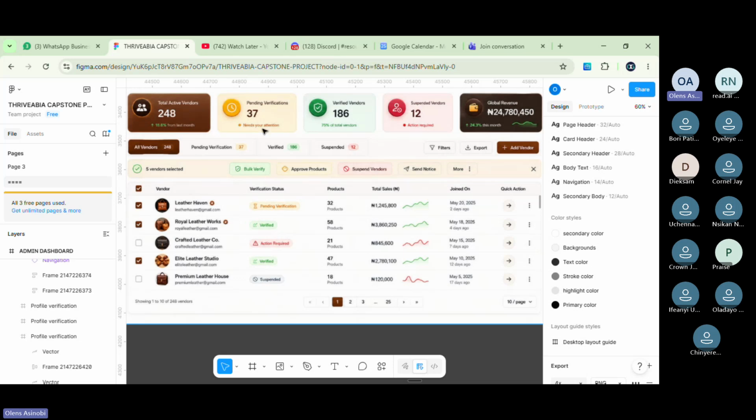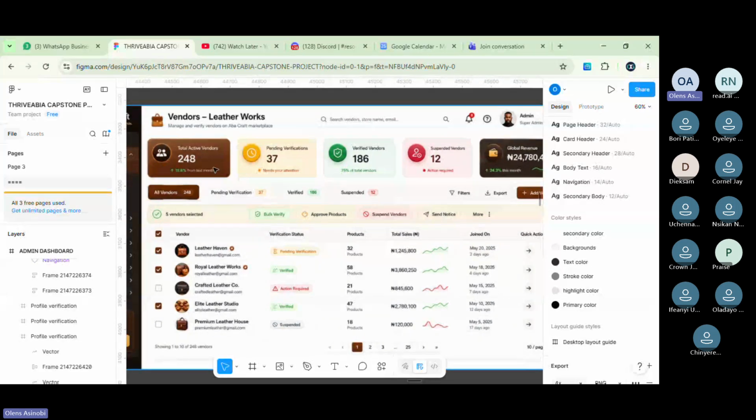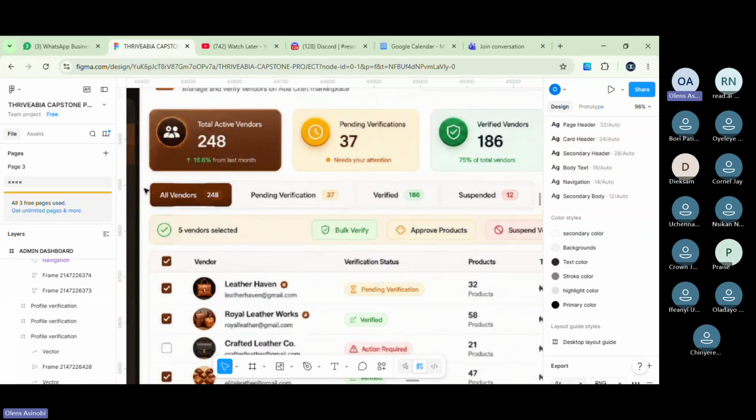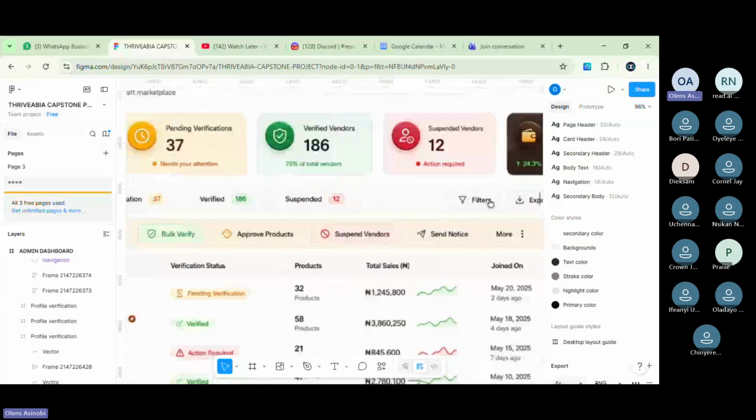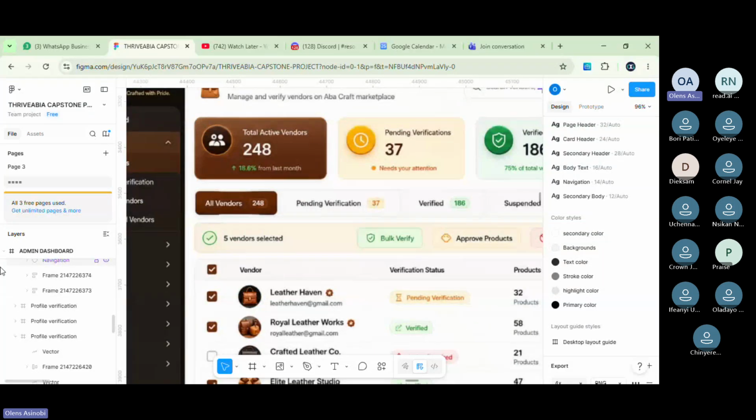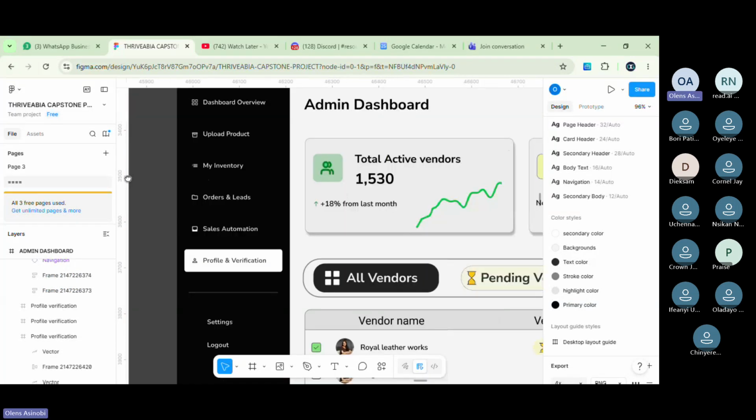Now let's take a look at this section. Ignoring we've not come to this card part though. Look at how they have the all vendors. Now they say no do wetin pass you. You see how in this tab section, now this is the tab section that I was talking about. For those of you that still don't understand what tabs mean, this is a tab section. Now you see how in this tab section, they didn't even bother adding icons. And as they didn't add icons, they are not stressed or worried about this thing that you are receiving. It's just the text and then the name and the amount beside it. And they are good to go.